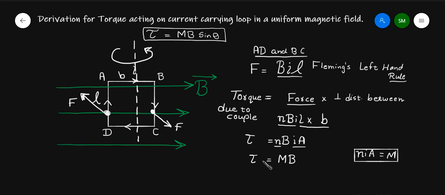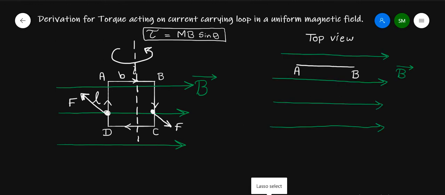To understand it, I am drawing another diagram. Note down all these things. Now suppose we take this particular diagram and look at this coil from the top side. When you look from the top side, you will only be able to see the AB side, correct? So that diagram I have shown here, this is the top view of the coil, and we are able to see the AB. Now this is AB, and the forces which are acting on the AD side and the BC side, I can show this way.